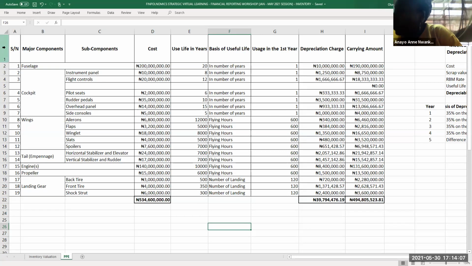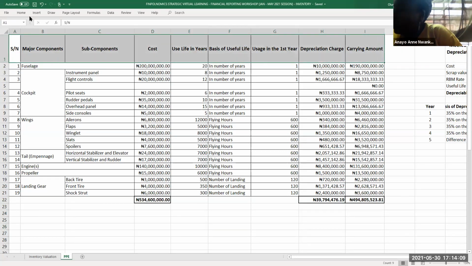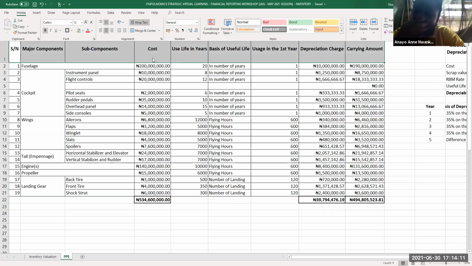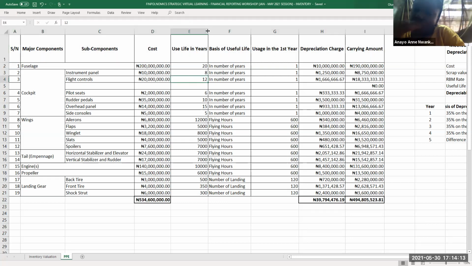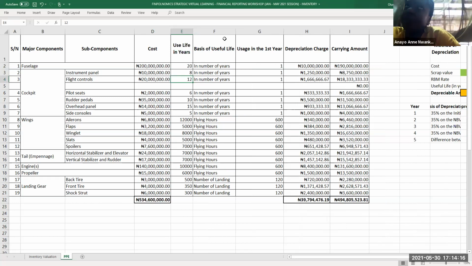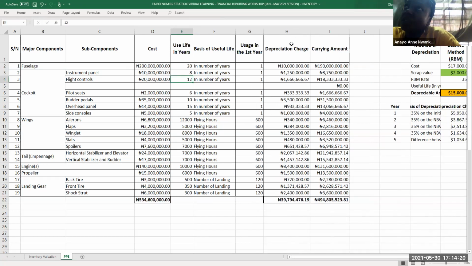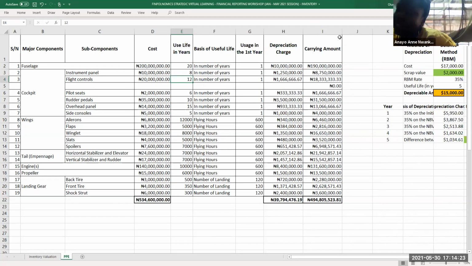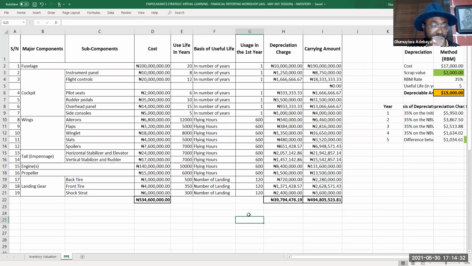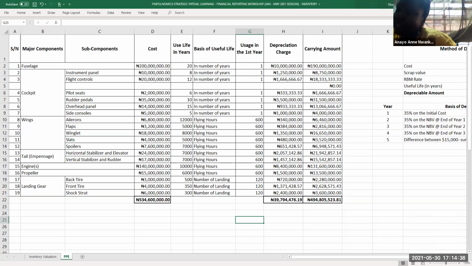The other time when we were discussing the earlier part of depreciation, you made mention of not stopping depreciation even when the asset is temporarily idle. So my question is, at what point do we start depreciating an asset? Is it when the cost is